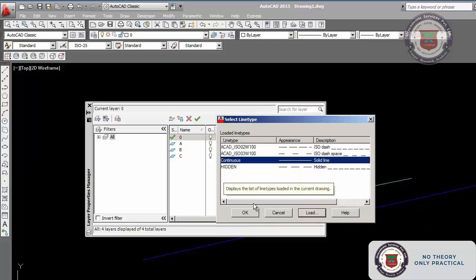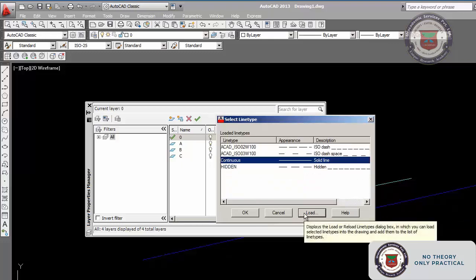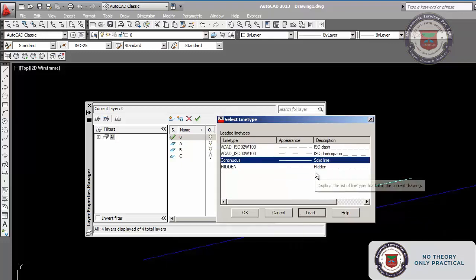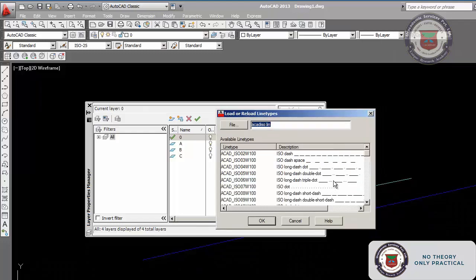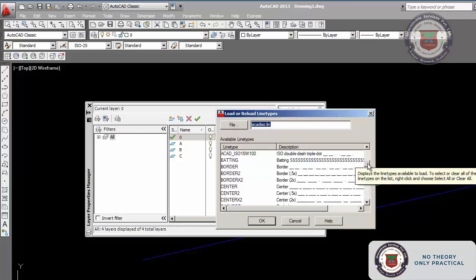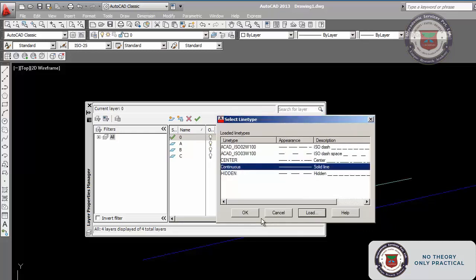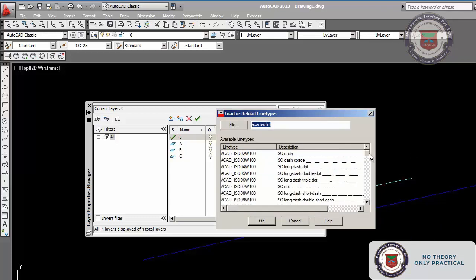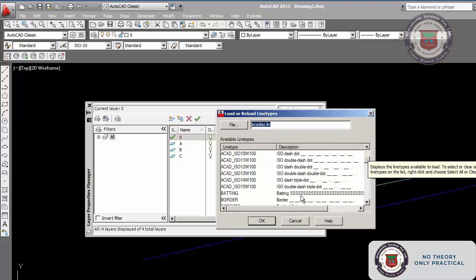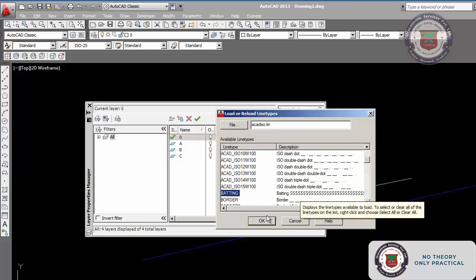Hidden is normally used in drawings to draw hidden lines. And then I will select center. Center, one by one you have to do. Center is also selected. And for the time being, dash lines and various types of shapes. Layers can also have your own type of layer. We can generate layers, but I will not discuss these things now. We can do it later on.